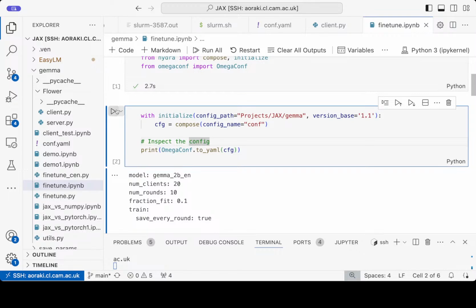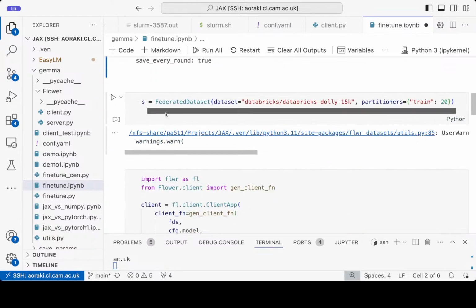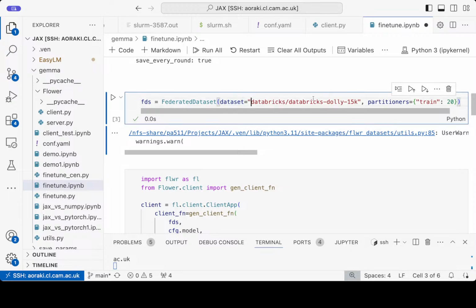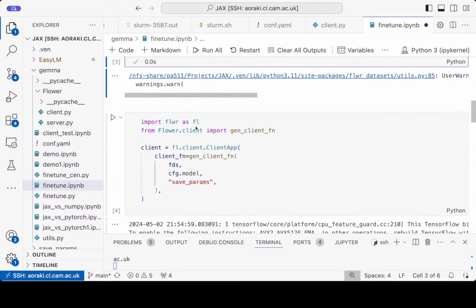We need to load a configuration, which is here, and that's just standard Python ways of getting configurations. And then the first place where Flower comes in is these federated datasets. There's a whole thing about getting federated data, but this is basically the easiest way to do it. You give it any Hugging Face dataset string, it will download it for you, partition it into separate partitions, and break it up into each client. So from that, we get our federated dataset.